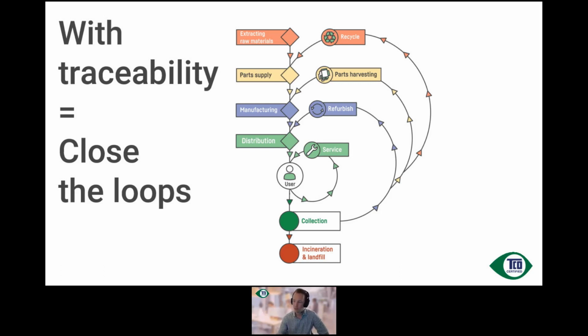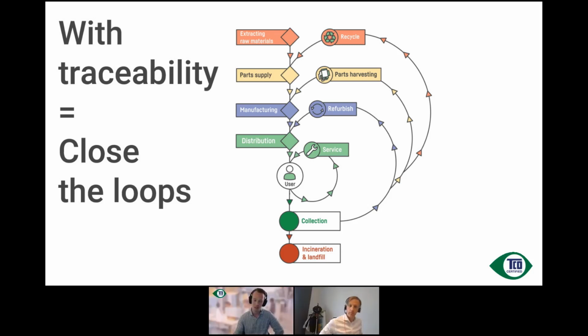So we will be able to create a lot of different services connected to the user to prolong the lifetime of a product. We will be able to refurbish better because we know what's out there. We know which parts are out there, so we can start doing part harvesting. And in the end, if we know what's in the products from the beginning, we will also be able to recycle much more effectively. So with this, now I'm speeding up a lot here to keep within my 5 minutes,